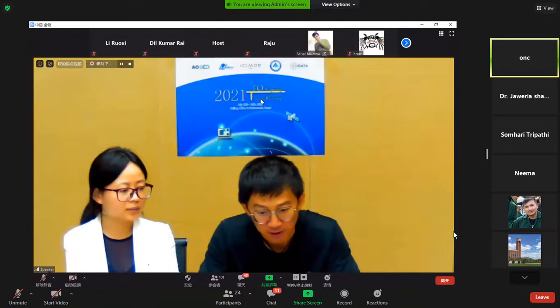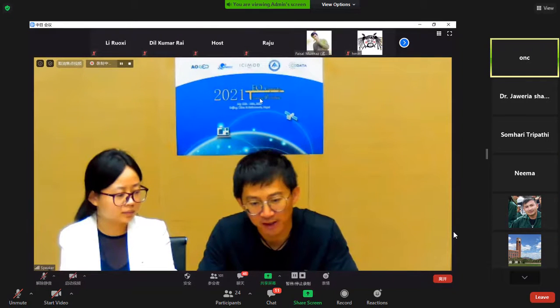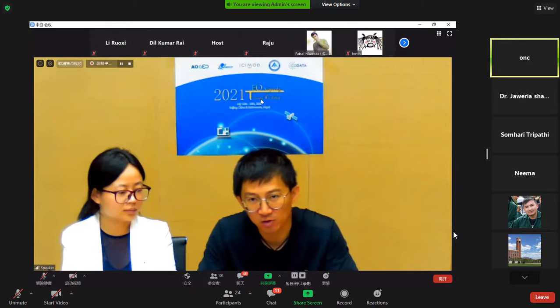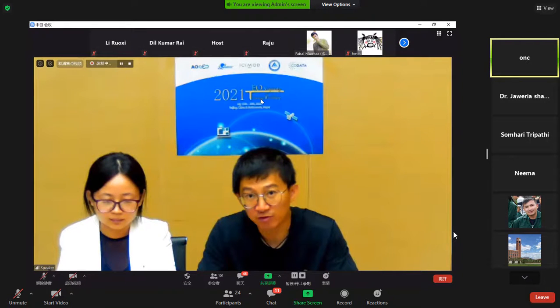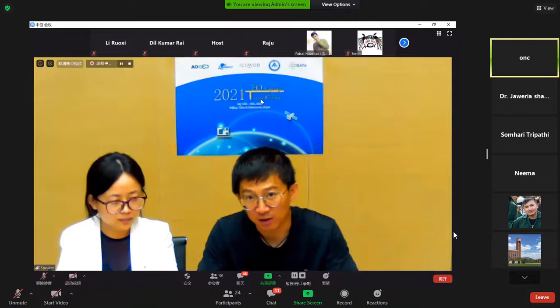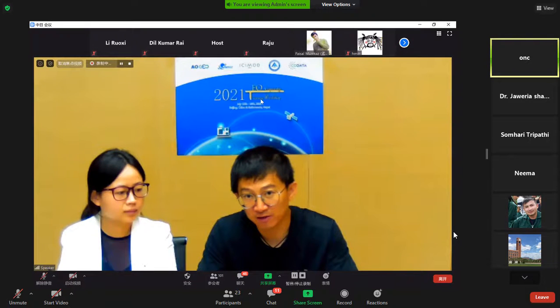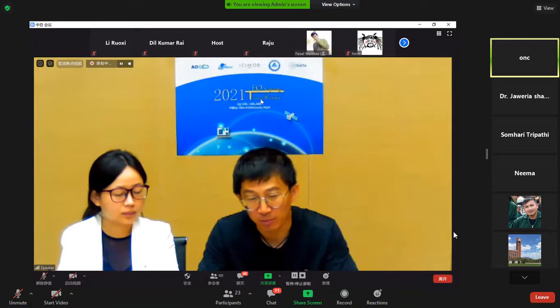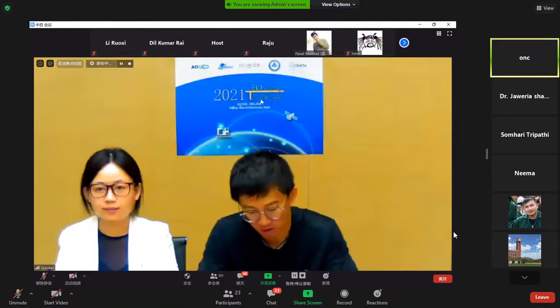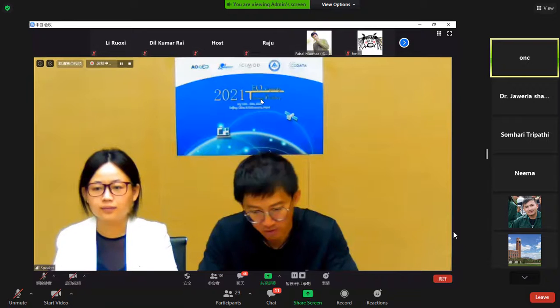You can search for the SEBAL model or the SEBS model for crop evapotranspiration estimation with remote sensing. And then if you can get the actual evapotranspiration, you can use this information to guide you how to implement the irrigation and to assess the crop water requirement in the certain